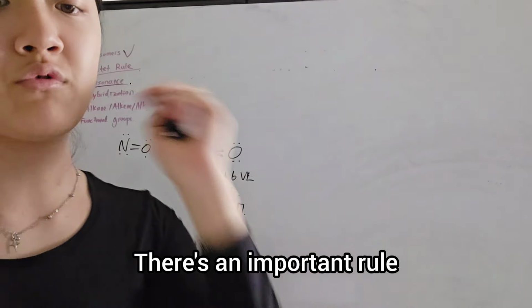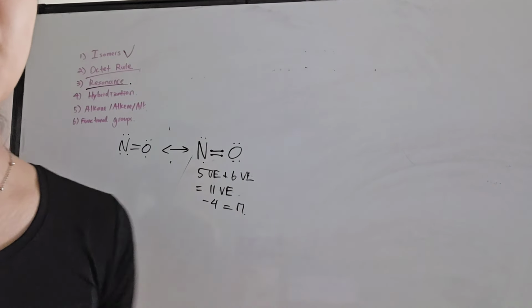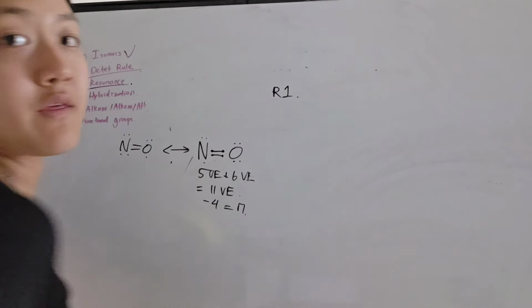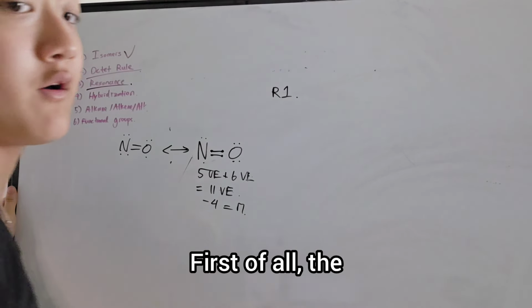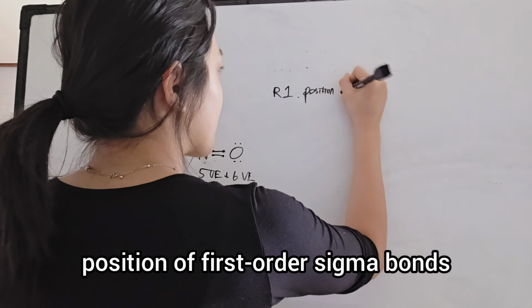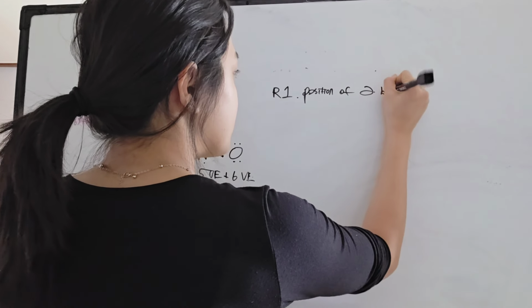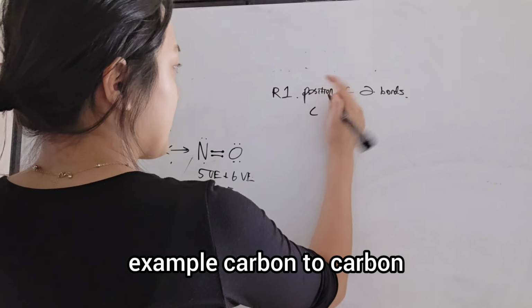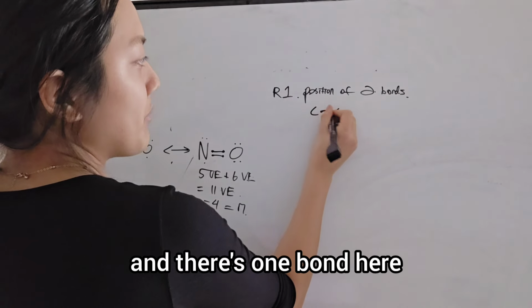There's an important rule to follow when we're drawing the resonance structure. First of all, the position of first order sigma bonds. The first order sigma bonds, things like, for example, carbon to carbon, and there's 1 bond here, that would be